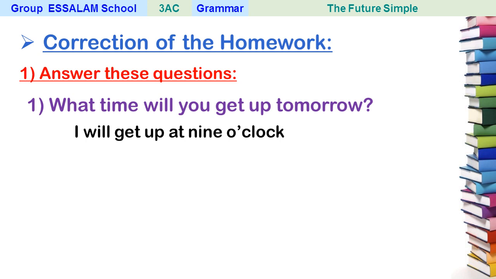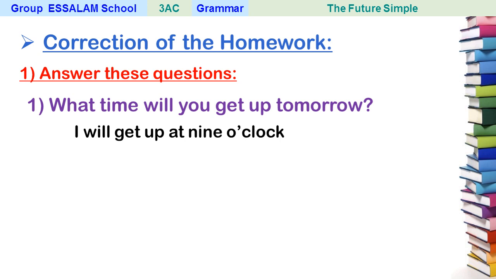So if I say, what time are you going to get up tomorrow? I am going to get up at 9 o'clock. Here it means that you are certainly sure. You are completely sure about it. It means you are going to get up at that time. But if you say, I will get up at 9 o'clock, maybe you will get up at this time or not. You see, this is the meaning of will, prediction.